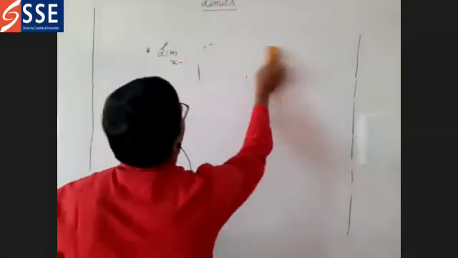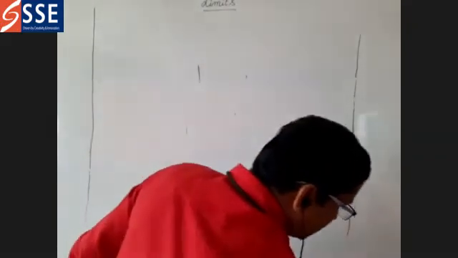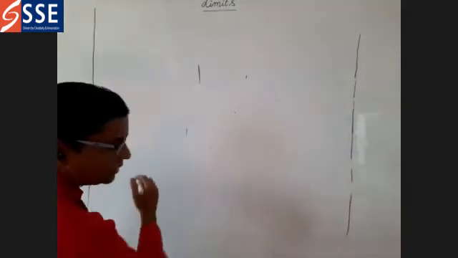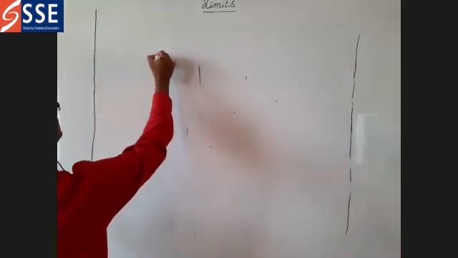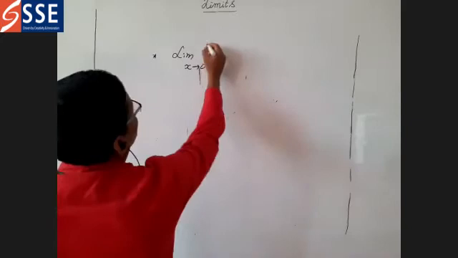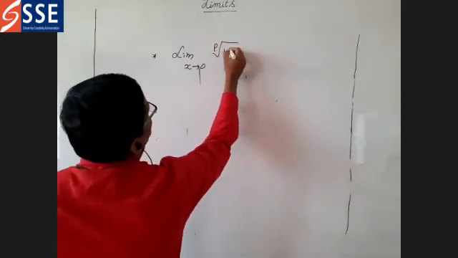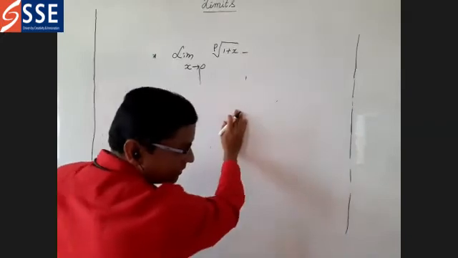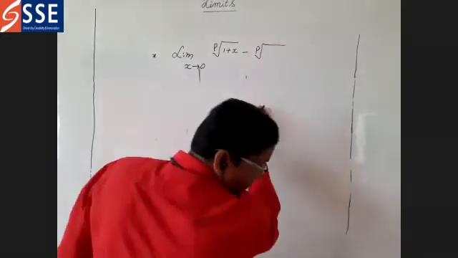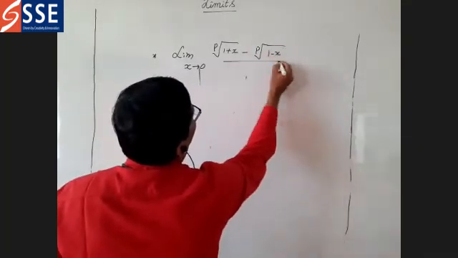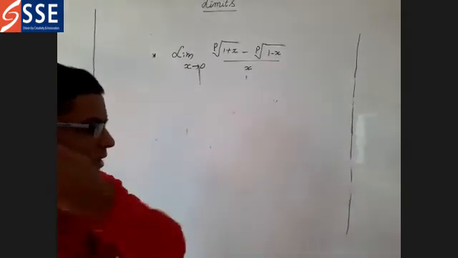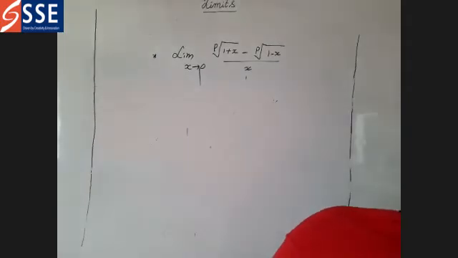Shall we move on to one more? Okay. Now, what is the answer for this? I am extending this to one more. Limit x tends to 0 of pth root of 1 plus x minus pth root of 1 minus x, divided by x. So what is the answer for this? As usual, I didn't say the answer for you for this question.